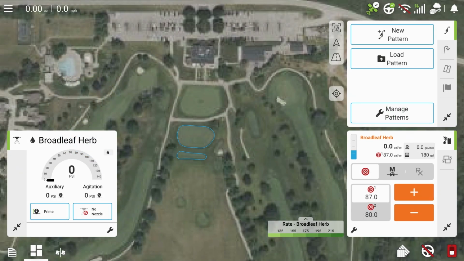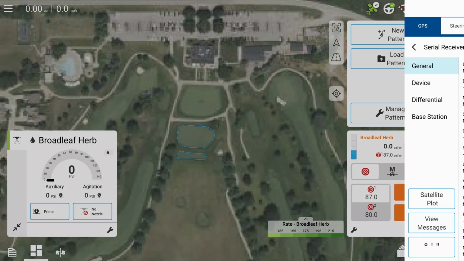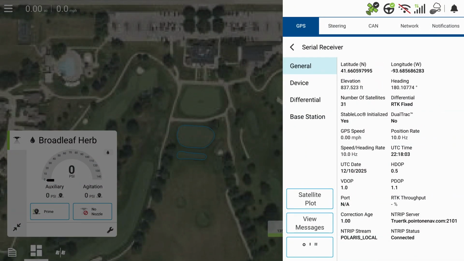This video will explain what to do if the satellite icon in the upper right will not go green or if your boundaries are shifting. You can see your GPS diagnostic information by selecting the diagnostic bar in the upper right and then the GPS